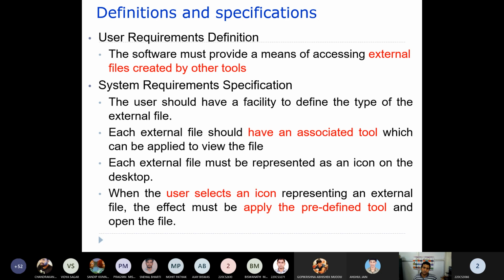Ultimately the developer is going to develop these requirements. So these are the requirements that are part of a contract, the services the software should provide to the user.